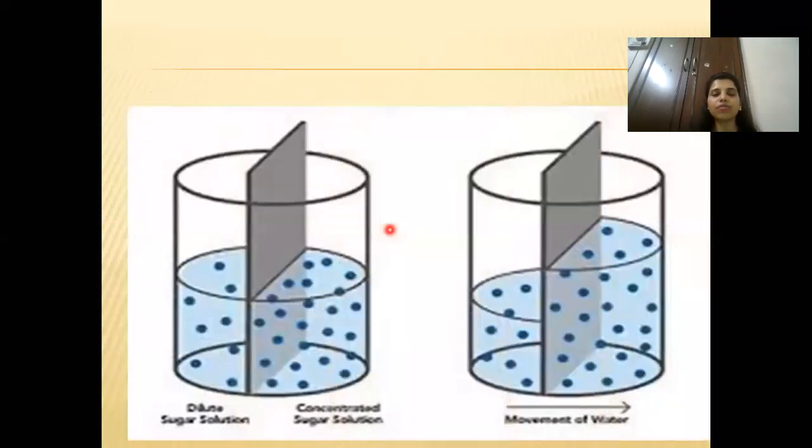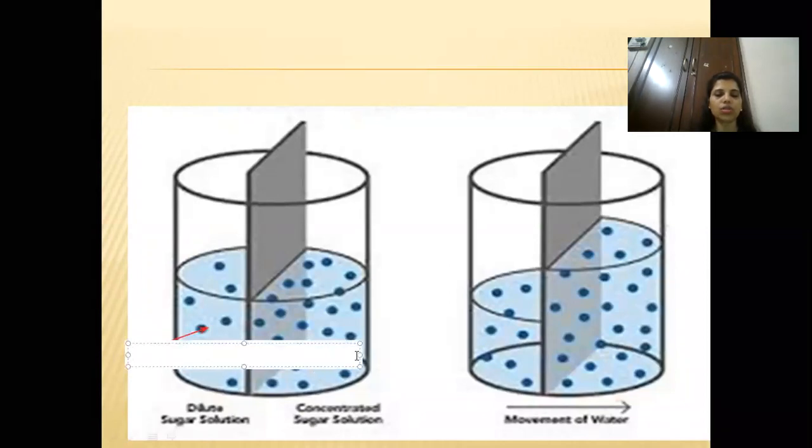Now after that, you will see that one more picture is shown over here, where you can see that there is a membrane which is kept in this beaker. Now the beaker is divided into two sections. You can see the blue dots which are used for showing solute. Here I'll say that this particular solute is a salt solution. So I'll just mark it. This blue color which is shown over here is the salt solute, that is salt.